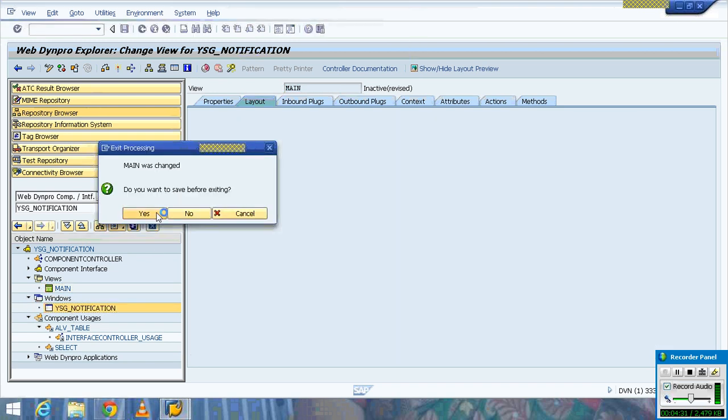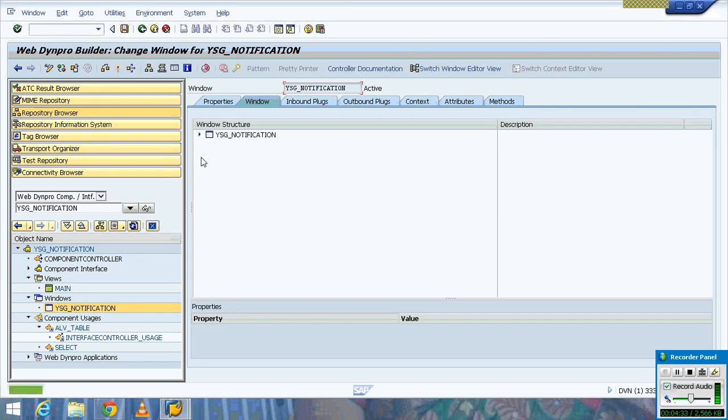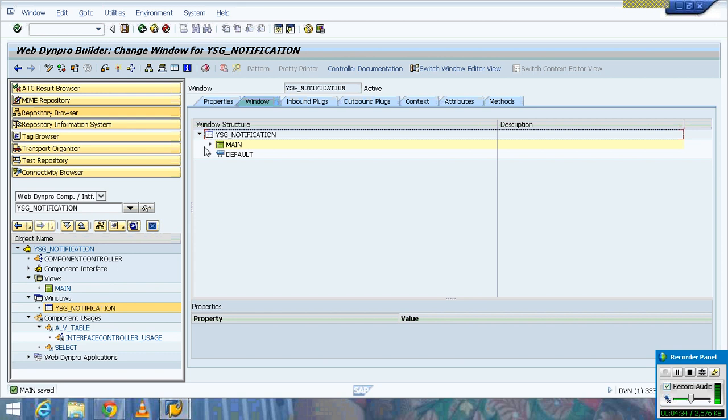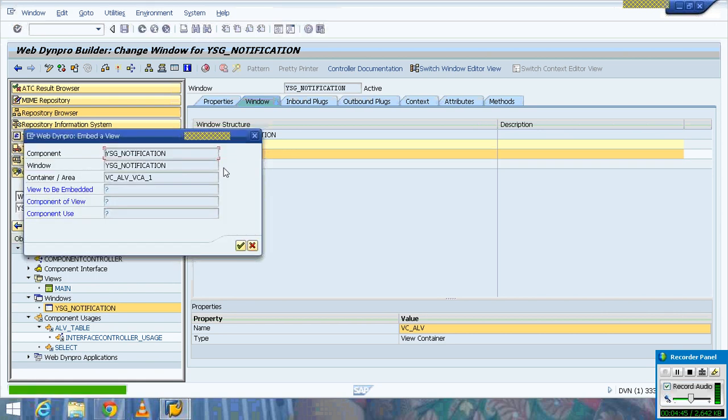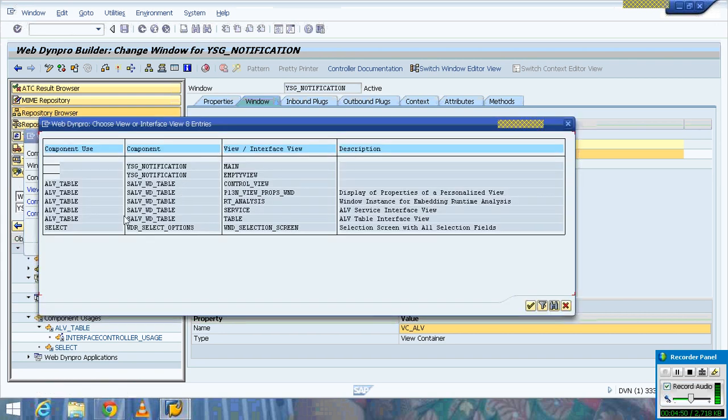And under the window, we find view, and view has a view container. So here is the place where we have to assign view to the view container. To assign view to the view container, right click on the UI element, click on embed view, select view to be embedded, and here you can see ALV table, the component using, and this is the name